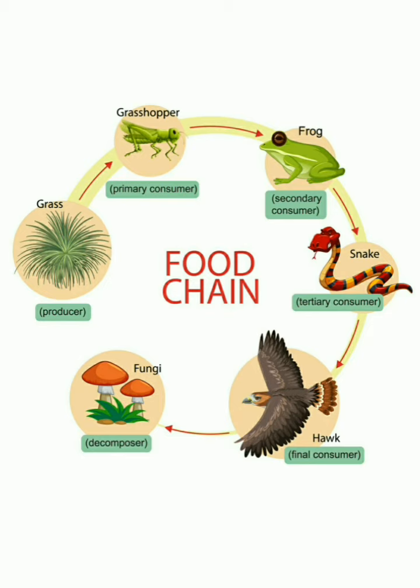So there are two types of food chains. First is the grazing food chain. The consumers which start the food chain utilizing the plant or plant part as their food constitute the grazing food chain. That is, here the grasshopper constitutes the grazing food chain as it eats the grass or the plant. I'll give you one more example. For example, in a terrestrial ecosystem, grass is eaten by caterpillar, which is eaten by lizard, and lizard is eaten by snake. So this is known as grazing food chain.